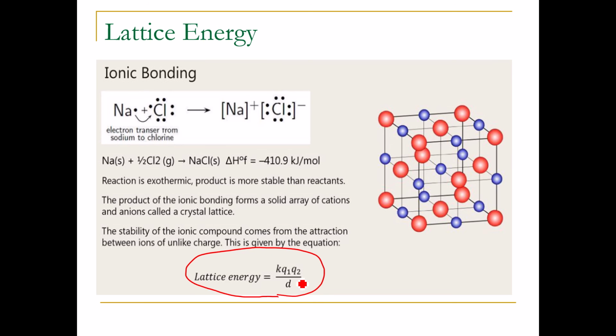And it depends on two basic properties of the compound, or the atoms coming together. The first is going to be the charges. So these Q values here represent the charges on the cation and anion, whether that's +1, +2, -1, -2, etc. These are the charges. The bottom number down here is going to be the distance